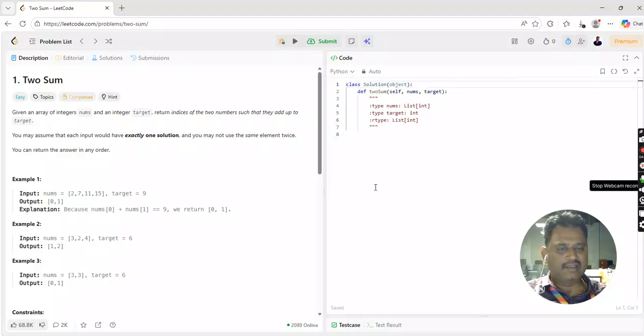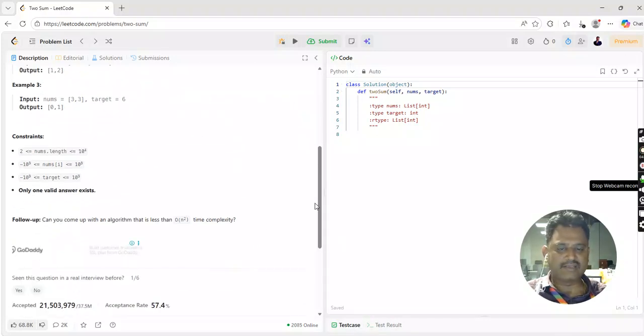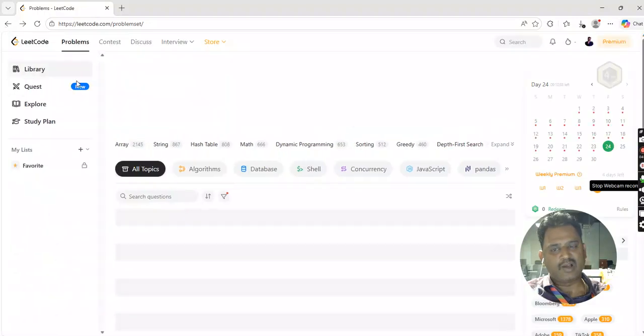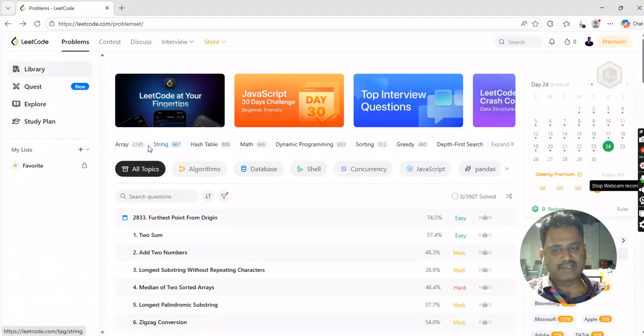Then automatically the compiler's built-in things are set for Python. Once we run the test case and submit, automatically the test case will give an output, or in case of error, it will mention an error. Likewise, we could solve n number of programs which are here. For the array topic alone, we have 2145 questions, and whenever I submit a solution, it will be marked on the